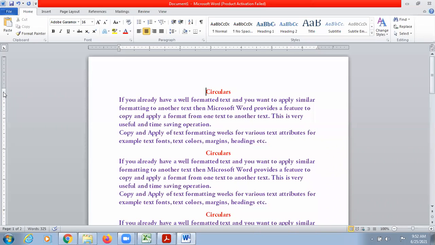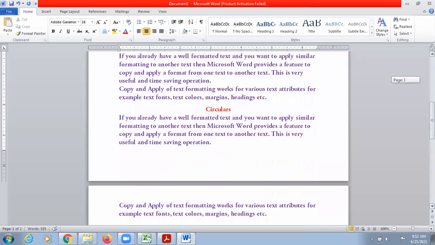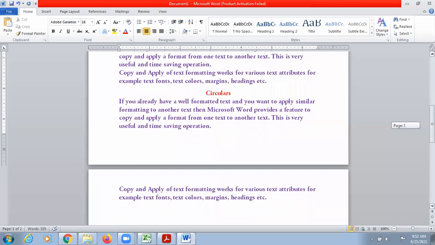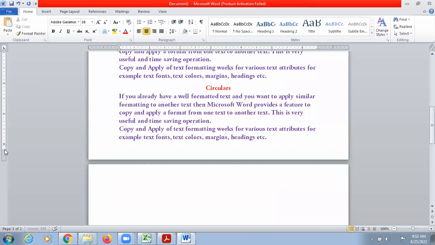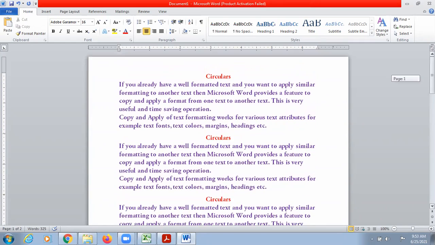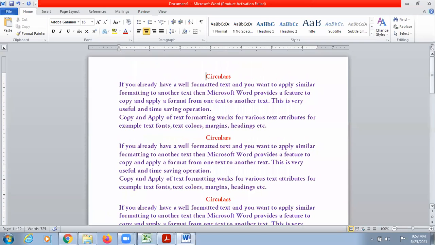First, you can simply go to the ruler and drag this gray portion and decrease the size of this gray portion. Automatically, your content will shift up and your whole content will come on a single page. But still, as you can see, I'm not able to fit my last circular on the same page. So previously I reduced the margins from the top. Now I can also reduce it from the bottom. Now it is coming on. I am able to print this page with at least 5 circulars so that I can distribute it to 5 students. This is one of the ways.